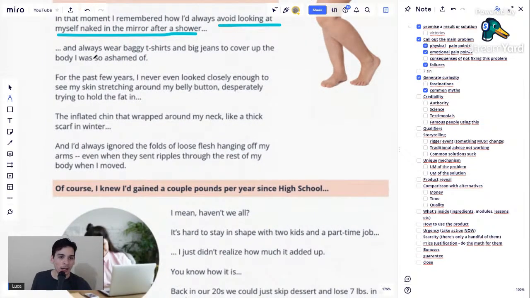It's a failure. Always wear baggy t-shirts and big jeans to cover up the body I was so ashamed of,